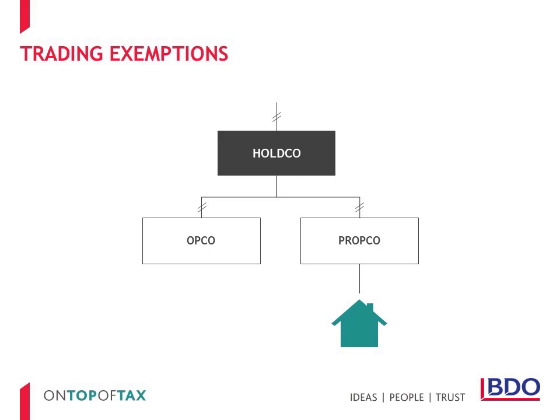However, the exemption only actually applies if the PropCo and the trading operations are sold together. This means that in many cases the exemption may not be available in practice. It may therefore be better to rely on the substantial shareholding exemption instead, as this provides a more flexible exemption.